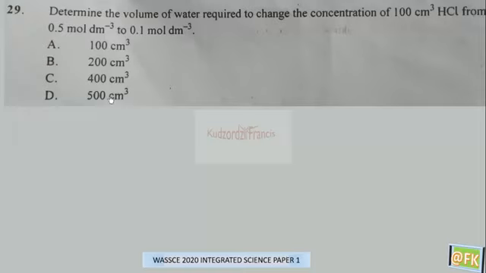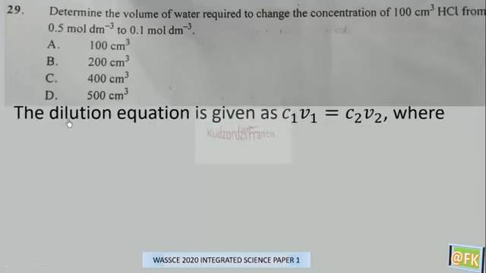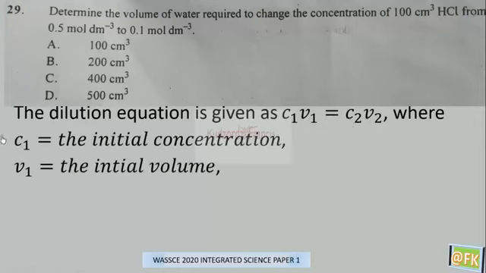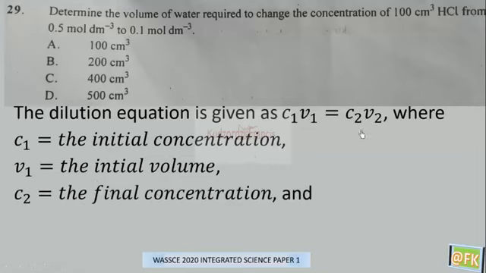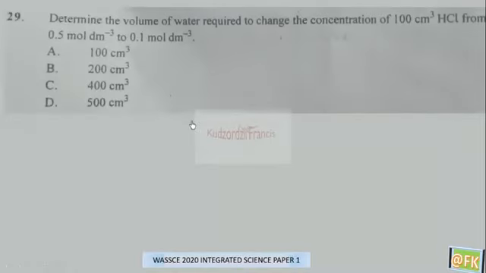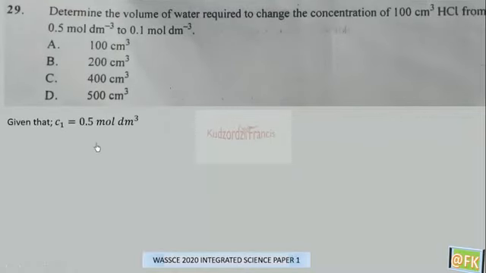So here we know the dilution equation is given as C1V1 is equal to C2V2, where C1 is the initial concentration, V1 is the initial volume, C2 is the final concentration, and V2 is the final volume. From the question, we know C1 to be 0.5 mole per decimeter cube, V1 to be 100 cm cube, and